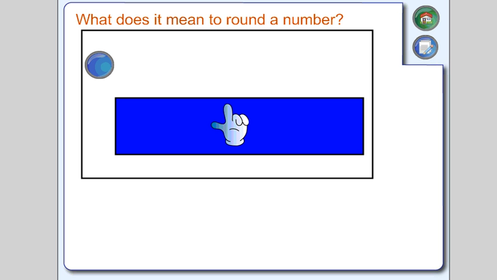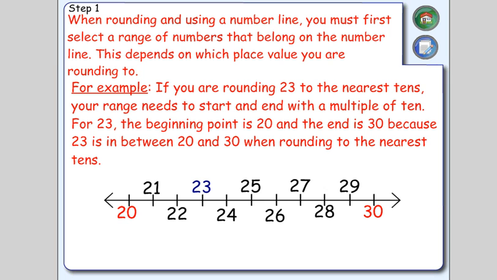The first thing I want to look at today is what does it mean to round a number? When rounding and using a number line, you must first select a range of numbers that belong on the number line. This depends on which place value you're rounding to. For example, if you're rounding 23 to the nearest tens,